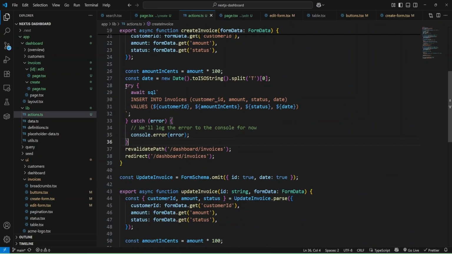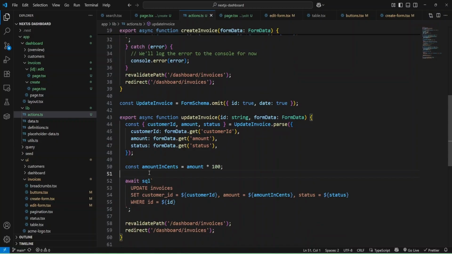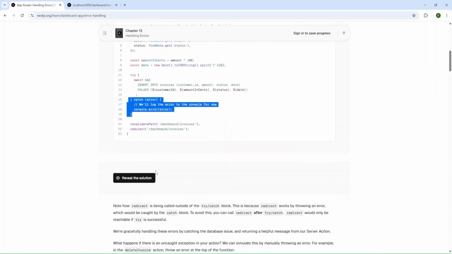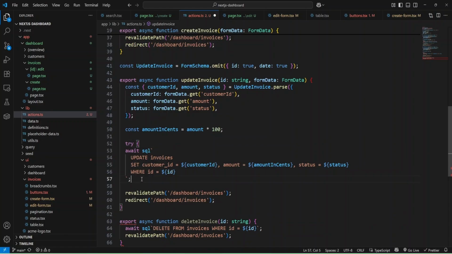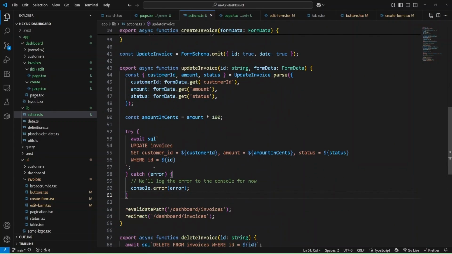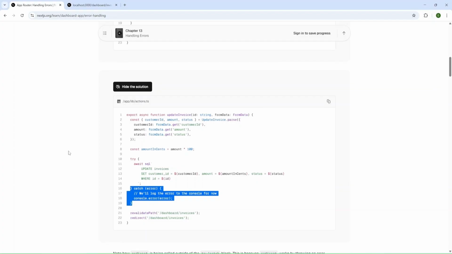And also we'll need to add it for update invoice. Okay, and let's do it. And let's check. Try and catch also will be here. Okay, we added error handling for our create and update invoice functions.